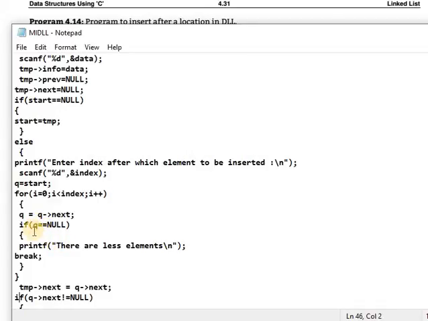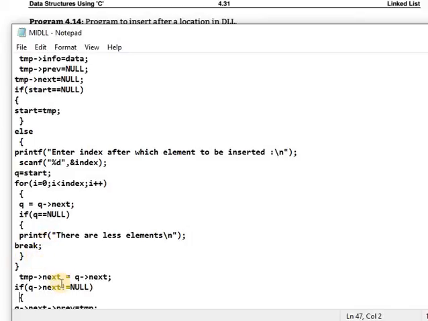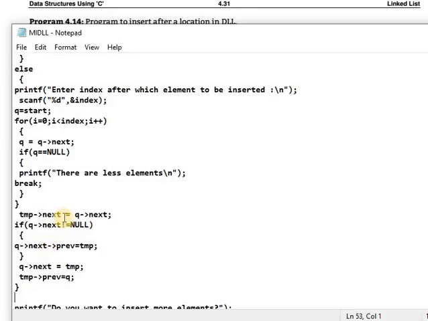For example, if you find that q is null, it means the node is not inserted, so break. Again, next check that q is not null, which means your pointer is present in the middle of the list. With q of next, this logic is used: q of next is assigned to temp next. Again, if q next is not null, it means the temporary last element is not there, so the temporary is stored there, and p of next to previous means the elements before the queue are connected.